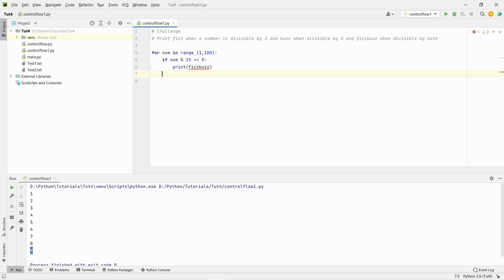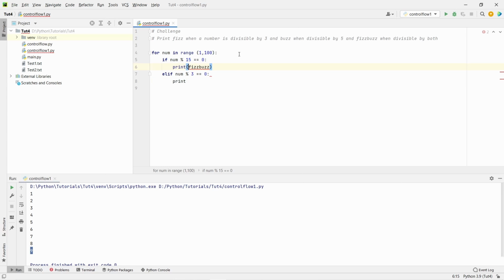Okay, elif num modulus 3 is equal to 0, print